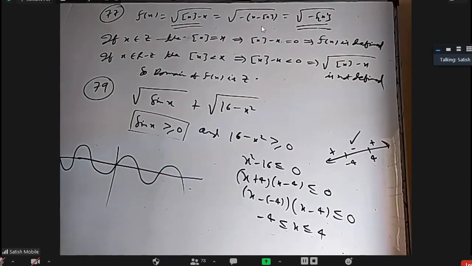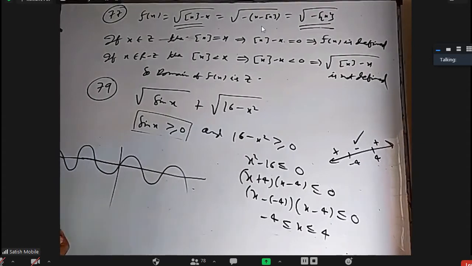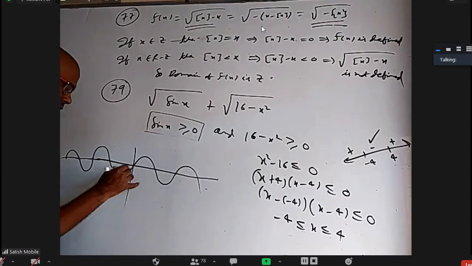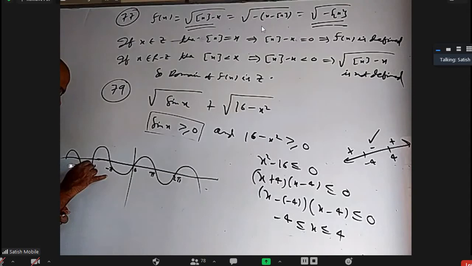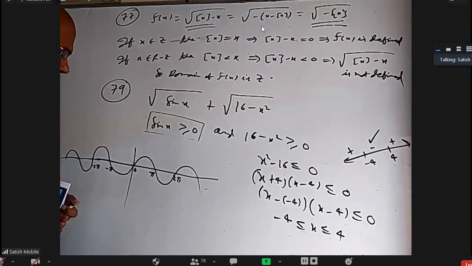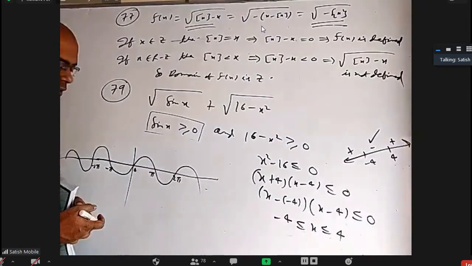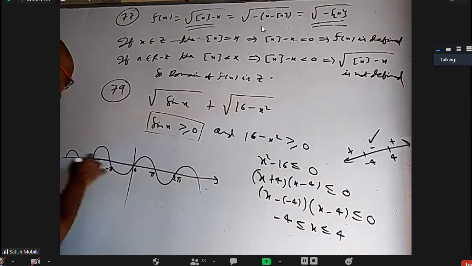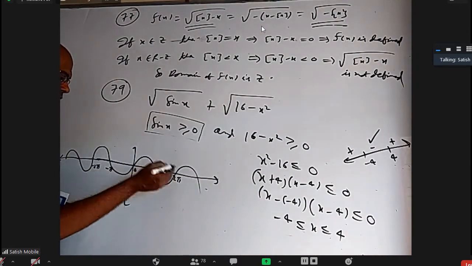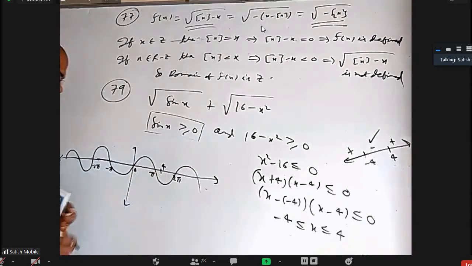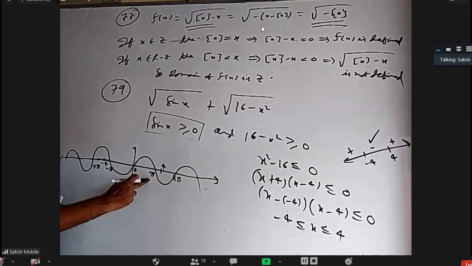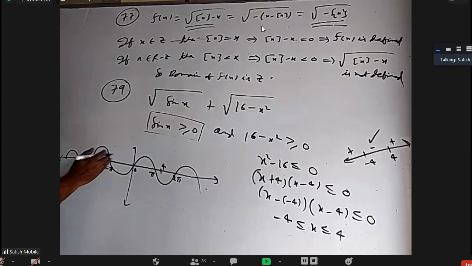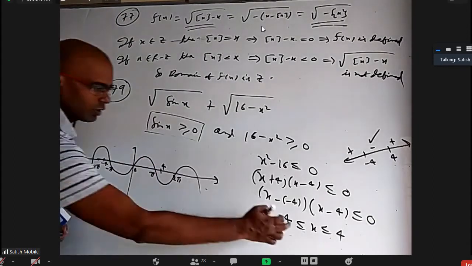This is a graph of sin x. This is 0, this is pi, this is 2 pi, this is minus pi, this is minus 2 pi. Can anybody tell me where I should mark number 4 on this x-axis? Sir, after pi. After pi, somewhere here 4 will be, and minus 4 will be before minus pi, because pi is around 3.14 and 4 will be a little more than that. Okay. So between minus 4 to 4, you want...